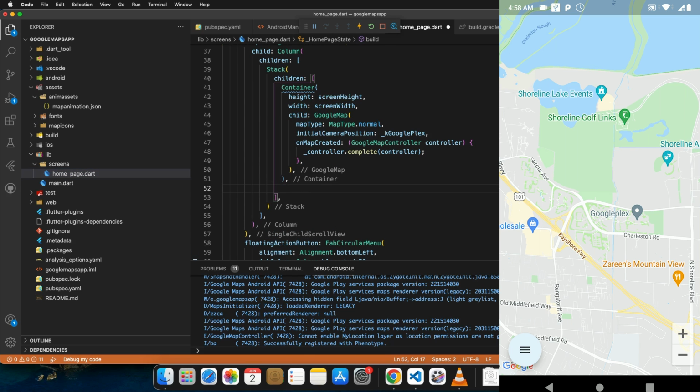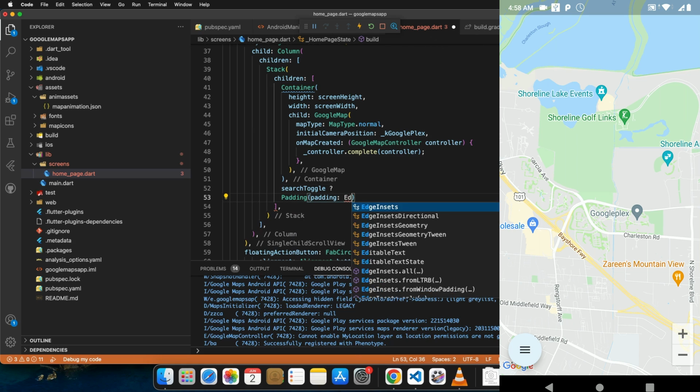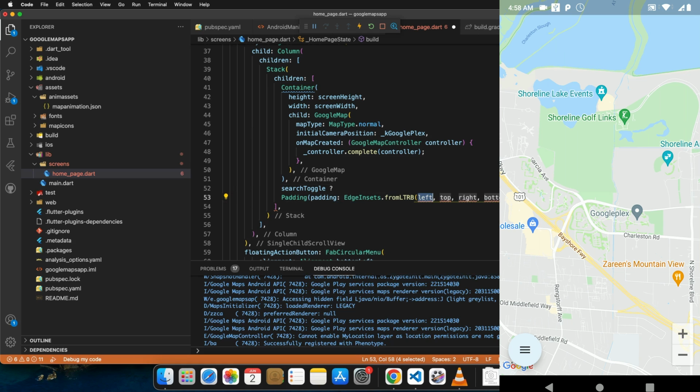To this container search toggle, padding, EdgeInsets.fromLTRB, left and right 15, top would be some 40, right would be again 15, bottom I'll just give like 5, fine, and inside this